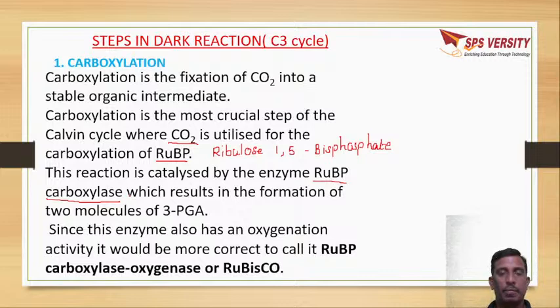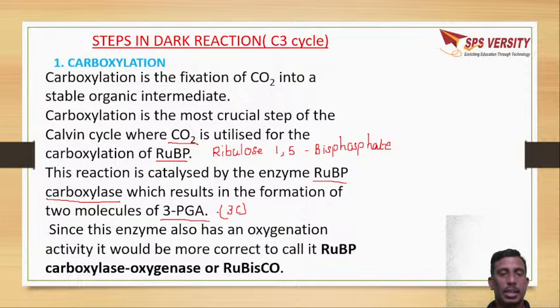So RUBP is a 5 carbon compound, and CO2 is 1 carbon, combined it should get 6 carbons। इसमें 2 molecules of 3 carbon compound, 3 PGA, that is phosphoglycerate is formed। Phosphoglycerate is formed।